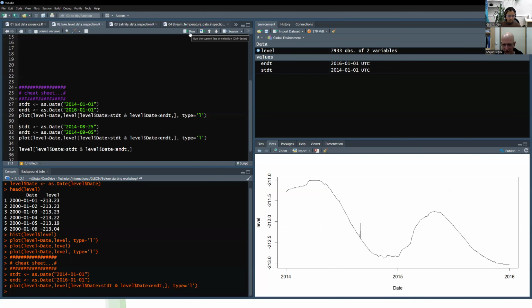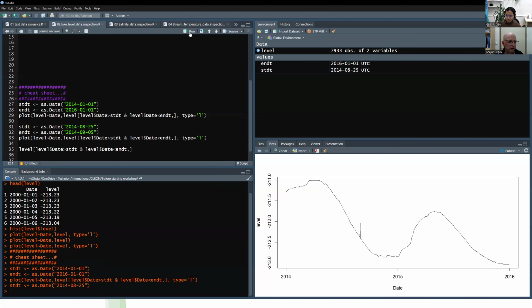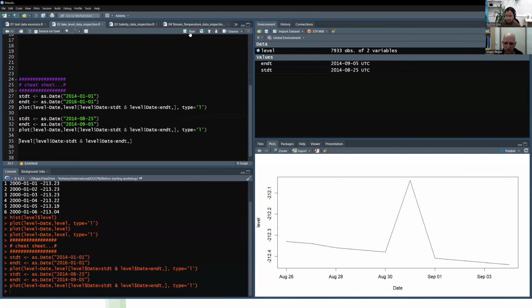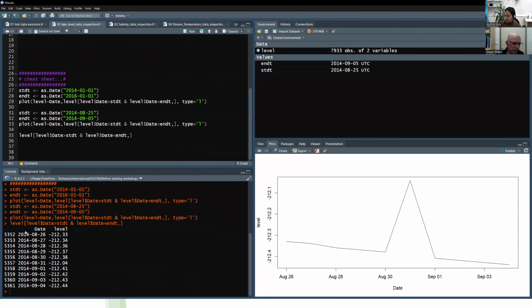We know already it is somewhere in the summer of 2014. Definitely seems odd. And if we just look at the data in this time, okay, here on the bottom left,